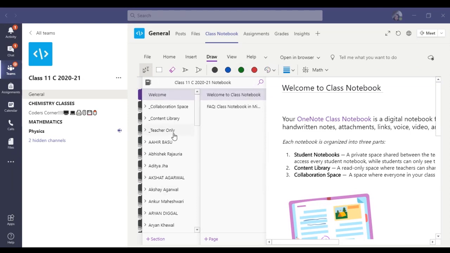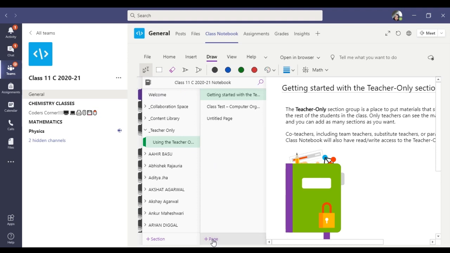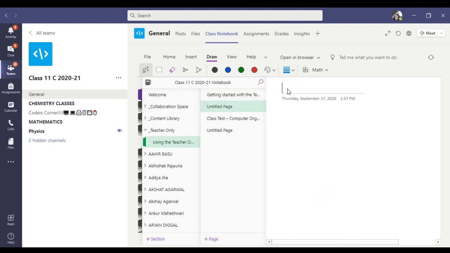For that, first move to the teacher only section. For a new test, add a new blank page here in the teacher only section, and give it some title. Say for example, this test is about computer network, so I'm giving it the name computer network.